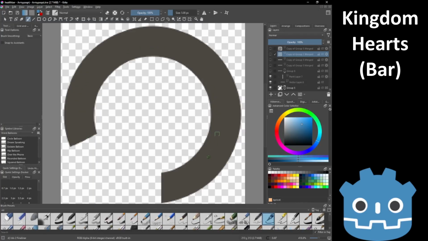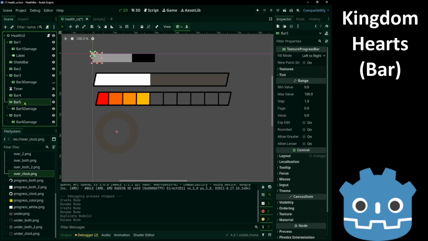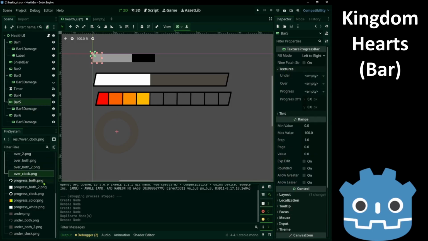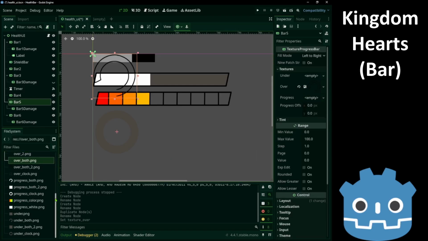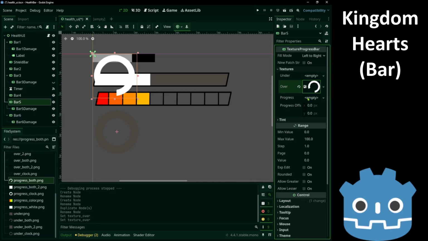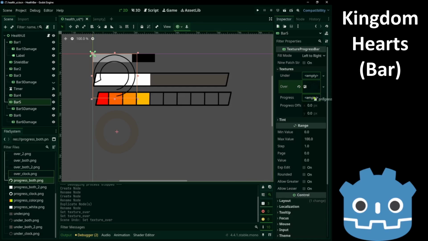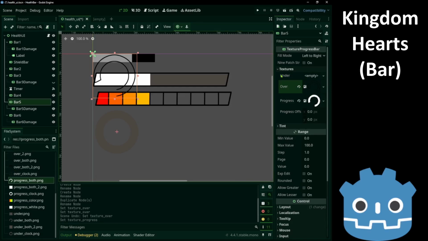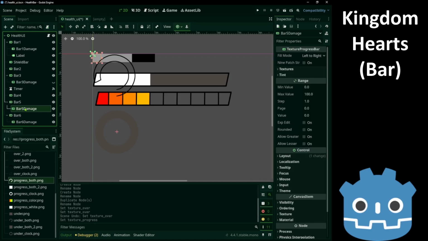So in this case, we have two parts, a circular one and a horizontal one. So bar 5 will be the circular. We'll take over and progress. We do not set an under because we have this one, the bar 5 damage.